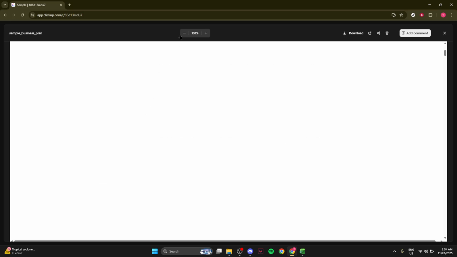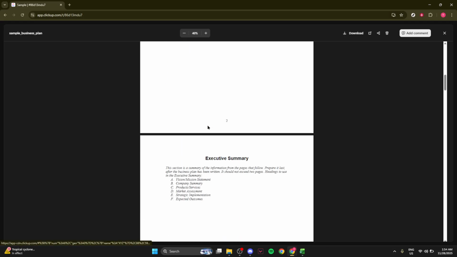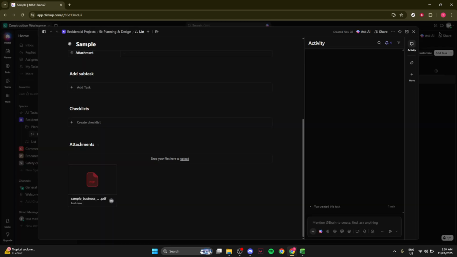And there you have it. Uploading files in Clickup is as easy as pie. This functionality opens up a world of possibilities when managing all your tasks and projects in one place, making collaboration and organization so much more